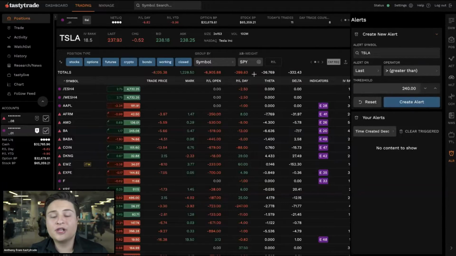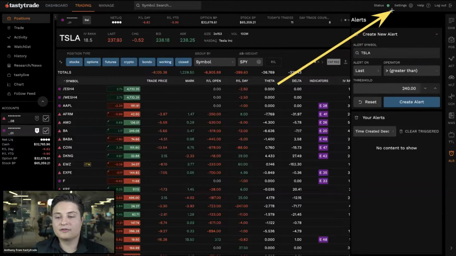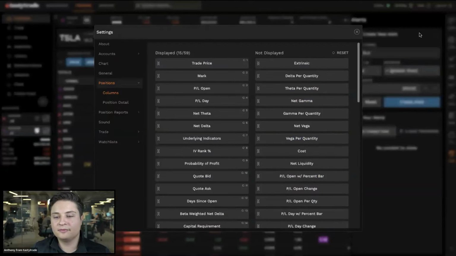If you're looking to change the settings on the web-based platform here, what you can do is shift your focus toward the upper right corner of the screen where you have this settings button. From the settings menu, you get a settings window that pops up, and you have a few different options for what you can edit on the left side of your